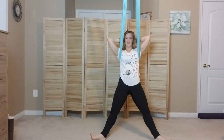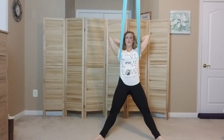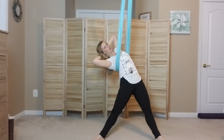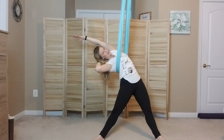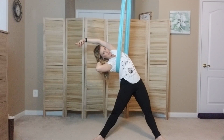All right, so let's go ahead and keep those feet wide. Toes are turned out on a diagonal. Bring the hands behind the head. Keep the hips as still as possible, and go ahead and glide. And once you've glided, stay there for a moment and stretch that hand up. So if I'm gliding towards your left, then your right hand reaches up overhead,